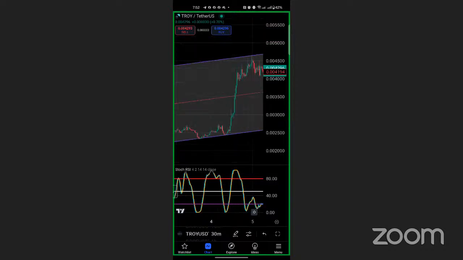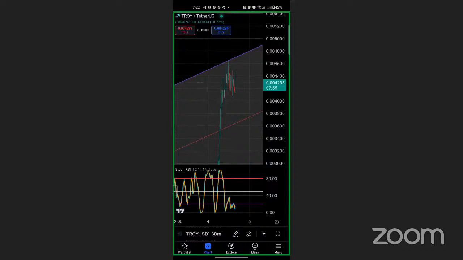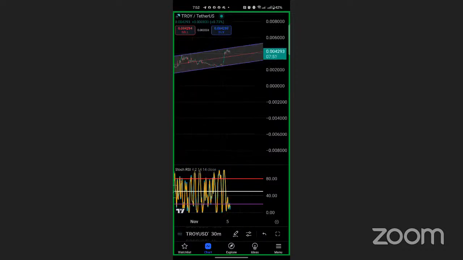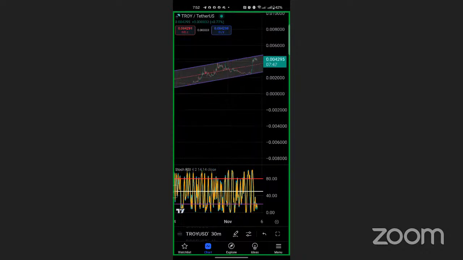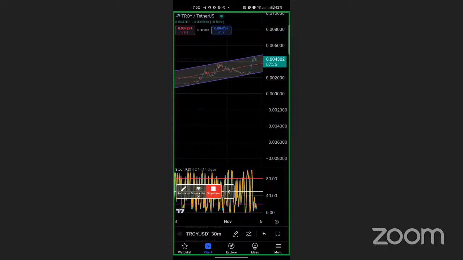Now, when I come here, because I drew this in the 4-hour time frame, you can see the market is moving in between my two lines. So that is how you draw diagonally. But even if you don't have this,